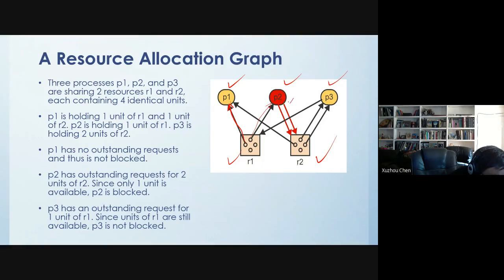So this is a request. P2 makes 2 requests to resource 2. And P3 makes 1 request to resource 1. Now this sounds like kind of a bad situation, but you realize that